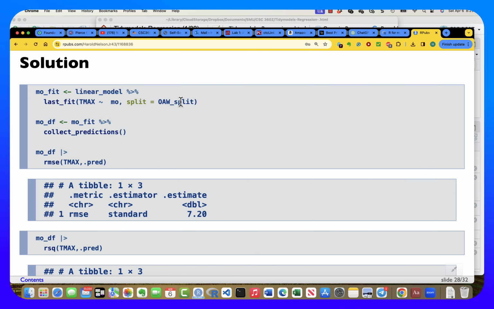Let's take a look. So MO_fit is a linear model, and then last_fit, Tmax tilde MO. So that's the only thing that's here, just MO. And the split, of course, is OAW_split. Then we get MO_DF by taking that fit result and applying the collect_predictions function. And then we get the root mean square error,